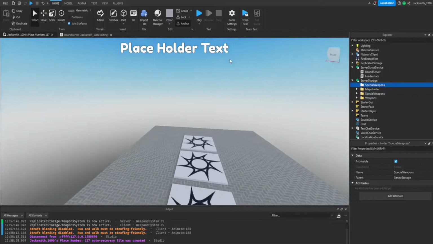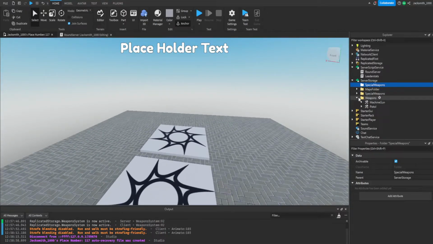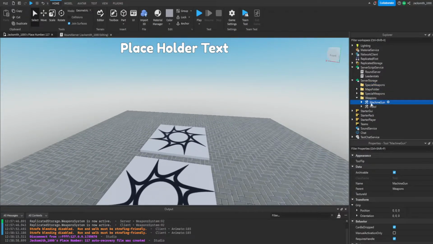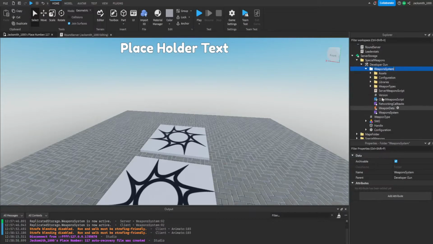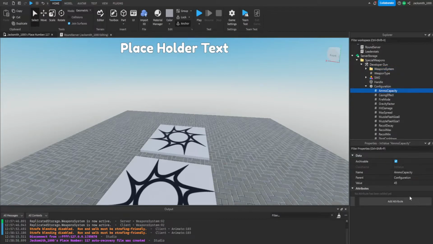Here, basically, I'm going to drag out one of these guns, like the machine gun. I'm going to duplicate it and drag it into special weapons. Then we're going to go into this machine gun and rename it to developer gun. Inside the gun, we're going to look for configuration, ammo capacity,